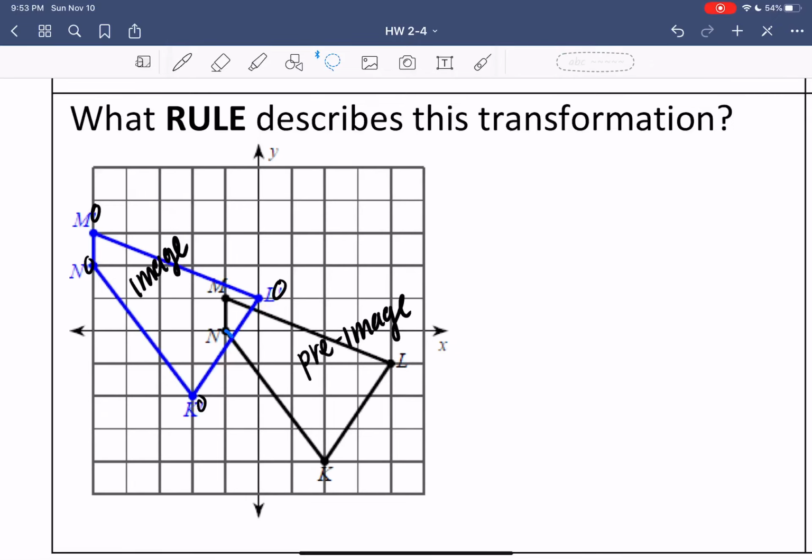So when I take an outline of this shape, if I were to be able to slide this into the proper location, then I would know that this could be a translation, which is a slide, and that was what I see here. So now I just need to figure out how much it moved,